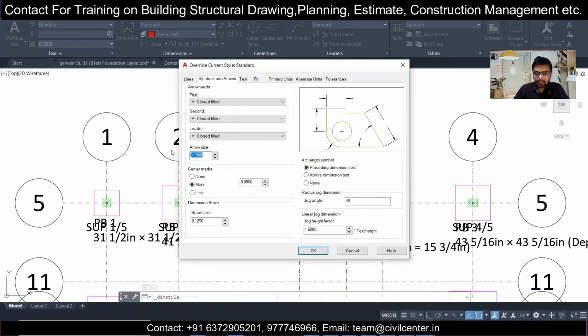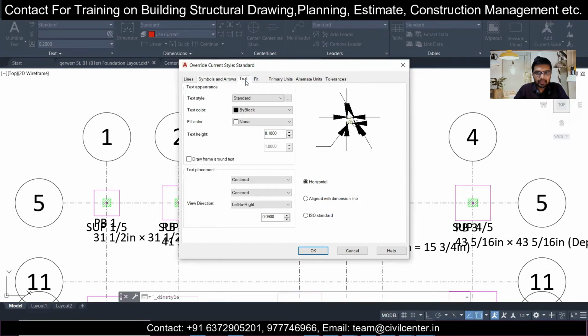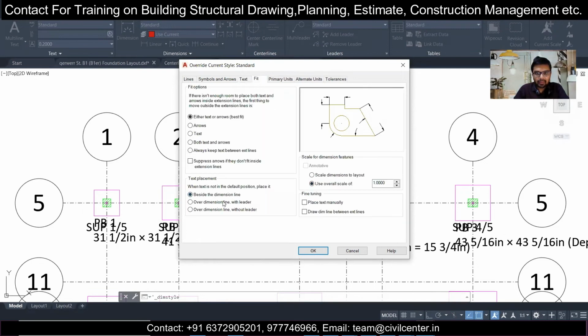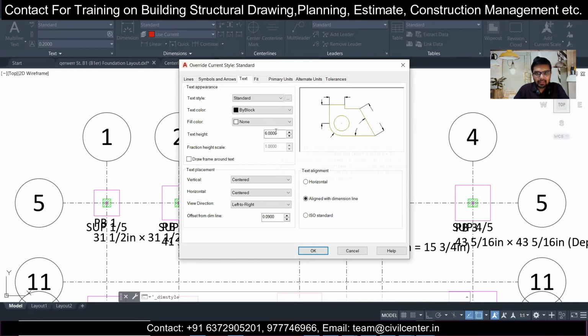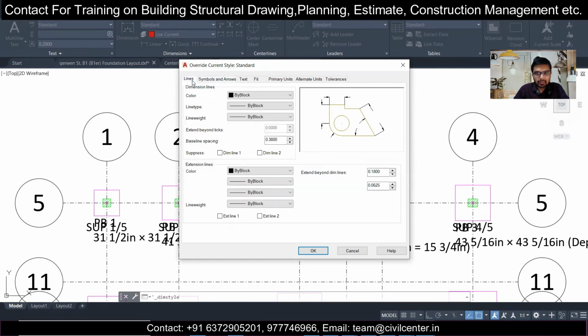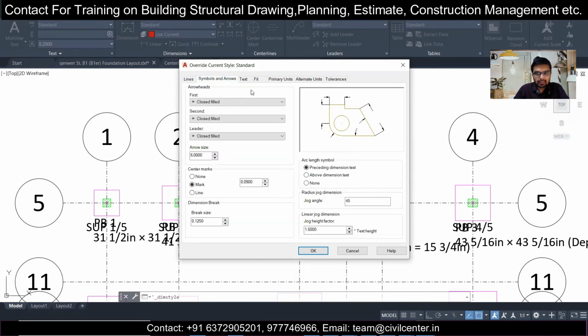Let's go with an arrow size of 6 inches and text size of 6 inches, aligned with dimension line, feet, and over the dimension line with leader. Primary units, decimal. I'm okay with that. Only the text size, arrow size and line we have changed.